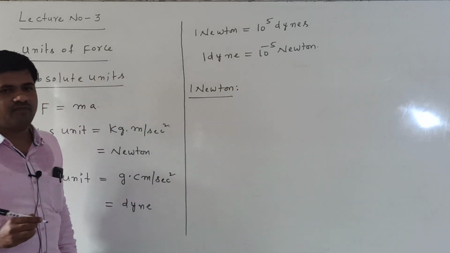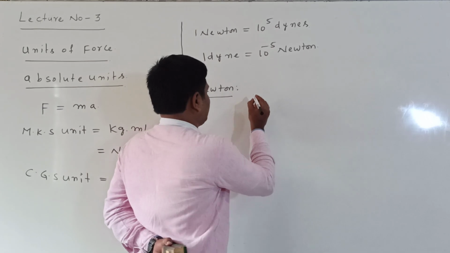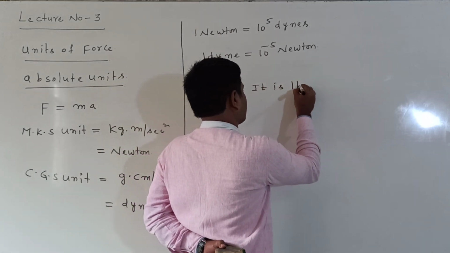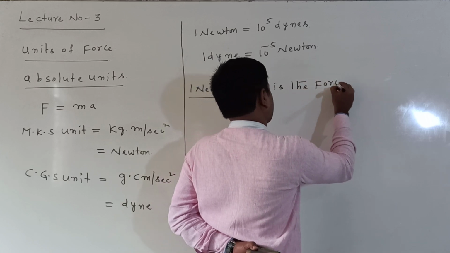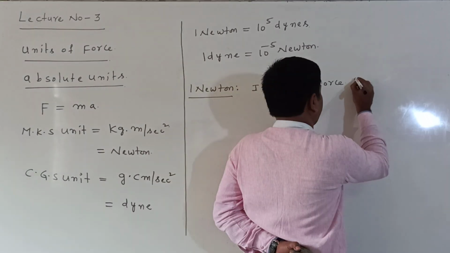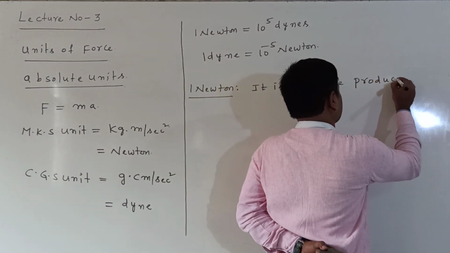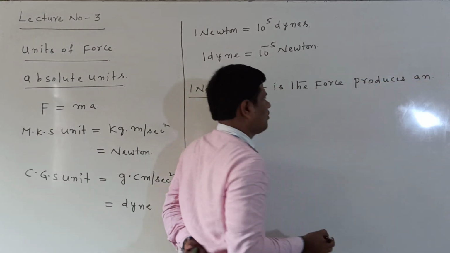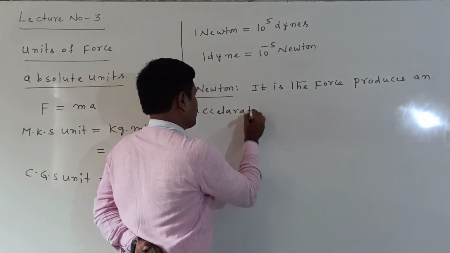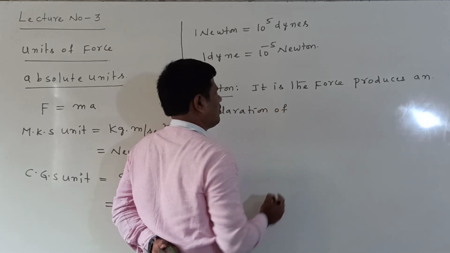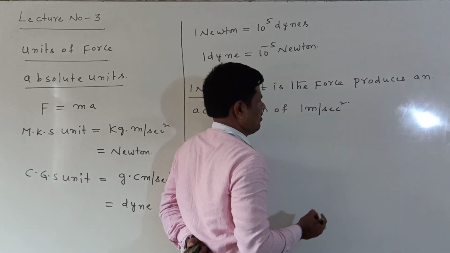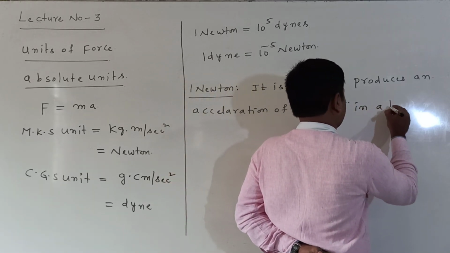What is the definition of 1 Newton? 1 Newton is a force. It is nothing but a force that produces an acceleration of 1 meter per second square in a body of